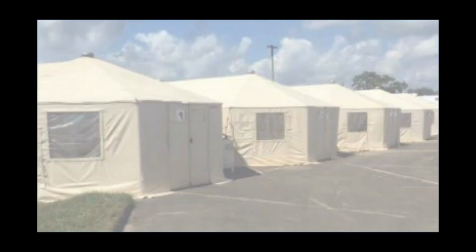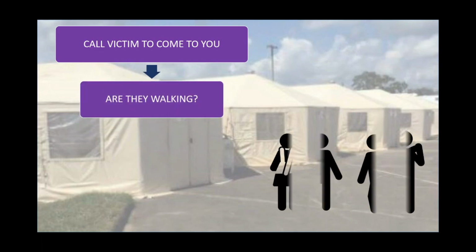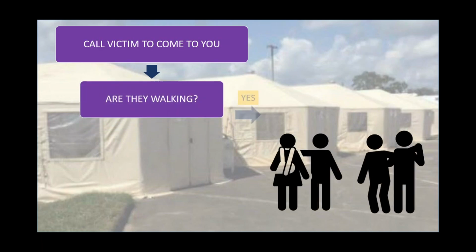First and foremost, call the victims to come to you. For example, "Hello everyone, help is here. I'm Farina and the rest of the medical team are here to help. If you can stand and walk, kindly walk towards me." So, are the victims walking? If yes, triage them as green tag